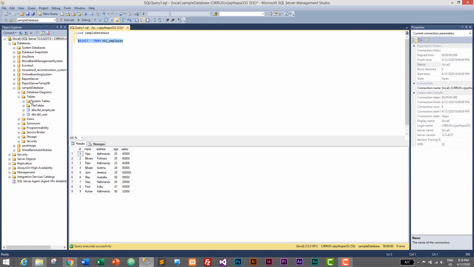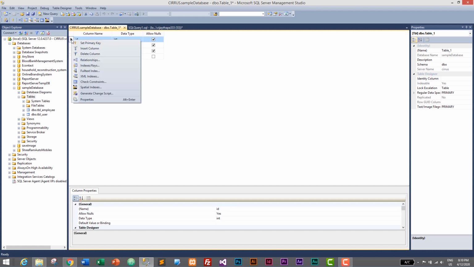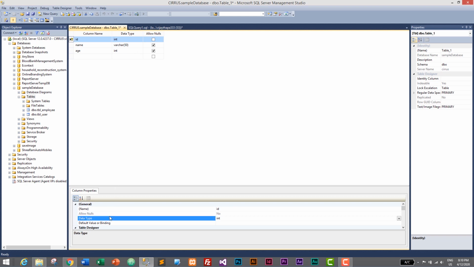So let's create a sample table first, where we will transfer name and age. I'll just right click on tables, click on new and click on table, and then let's give our first column as ID and it will be integer, and then the second column will be name and it will be varchar, and 50 is okay for now. And then I will give age, and age will also be integer. We need to make ID the primary key. So go to the row header, right click on it and set as primary key, and select the ID column and go to the column properties, and here we need to change its identity specification.